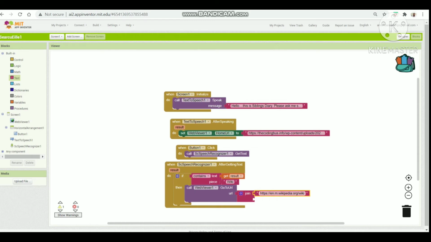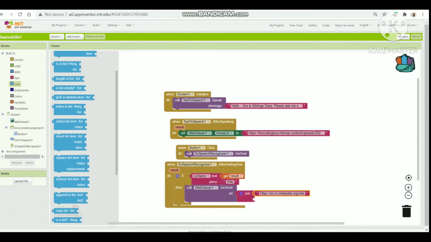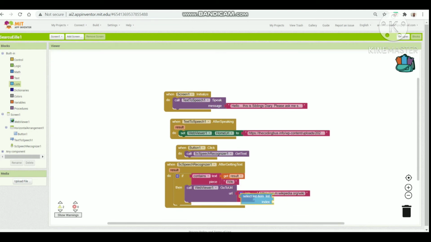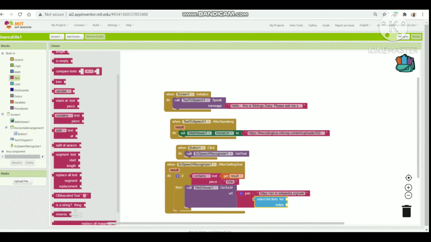and then go in list, and you have to drag, select list item dot list and index this one and paste it here, and then go in text and drag.